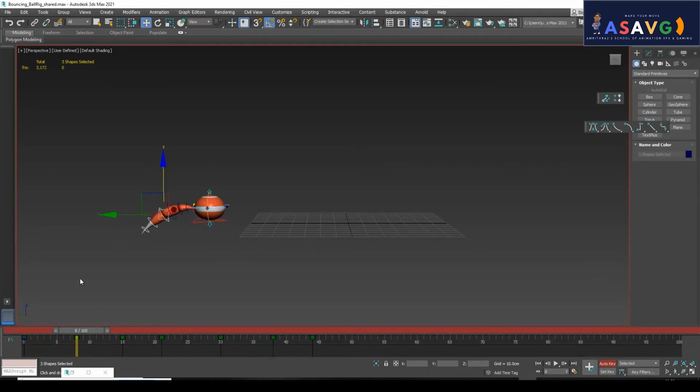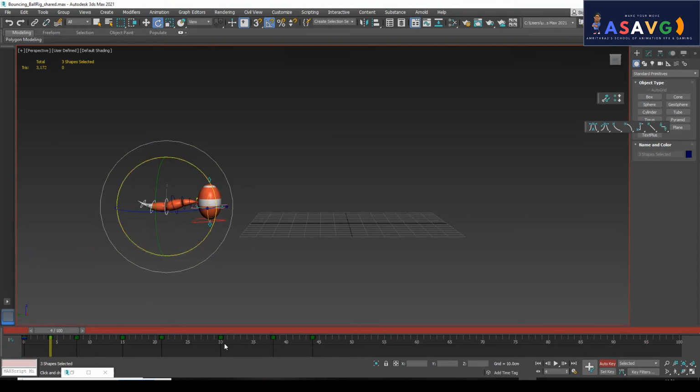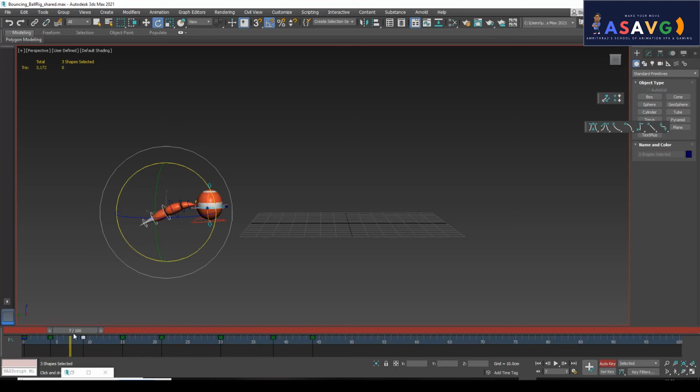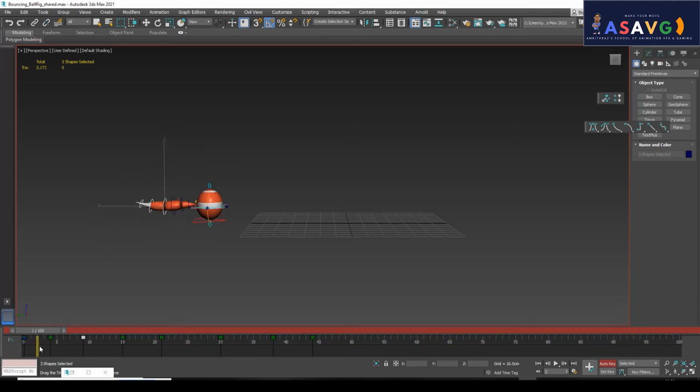Okay, now I will be selecting this one, and he's going down, right? So I'll be making it a little bit top, a little bit. Okay, now you can see the arc over here. Look, a little bit more. Okay, so these are the different keys, not the complete keys. These 3 keys are only showing over here, only for the 3 controls, right? So if you tweak this, you will be seeing an overlapping action. Look, I will be removing this also. Only this many keys are affecting, right?